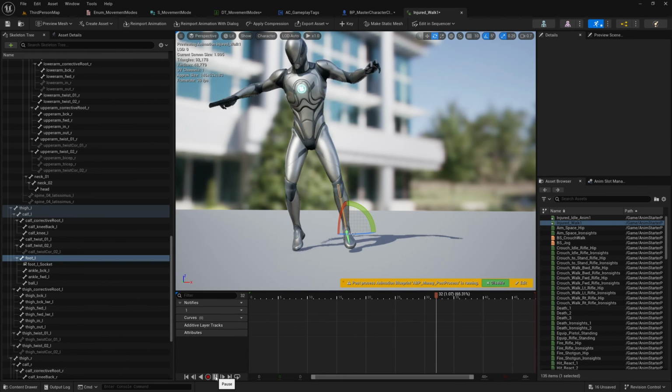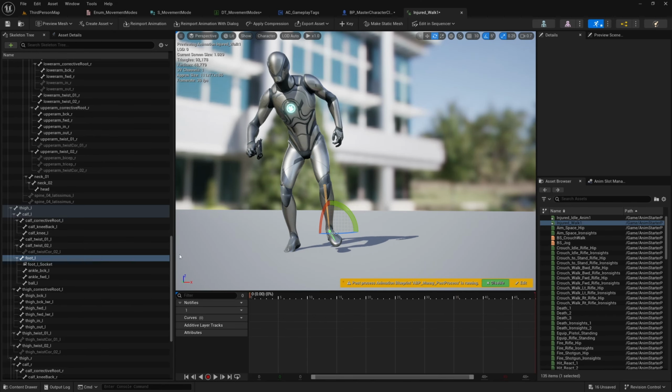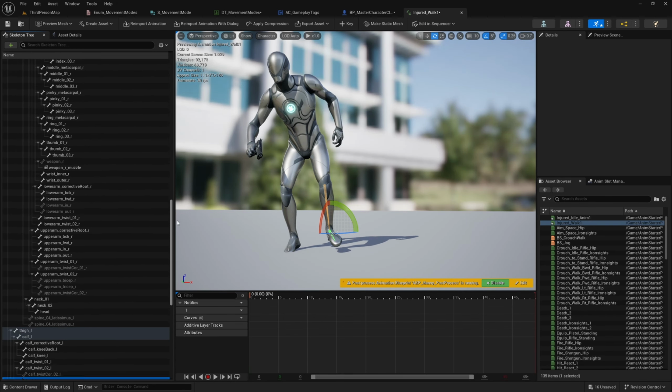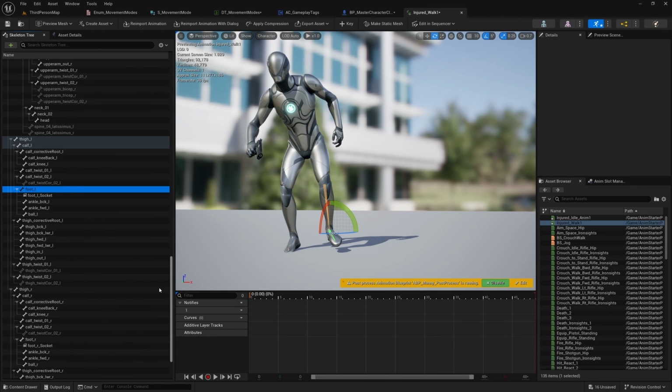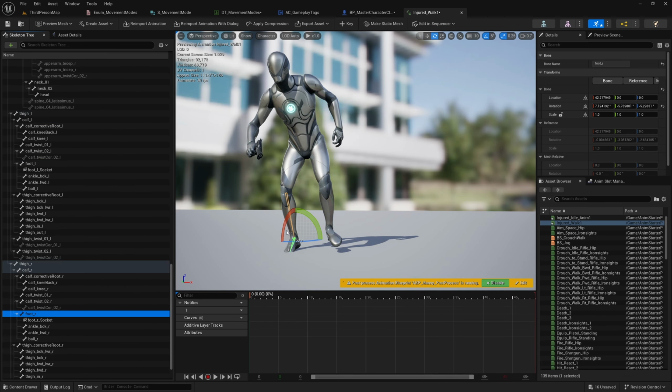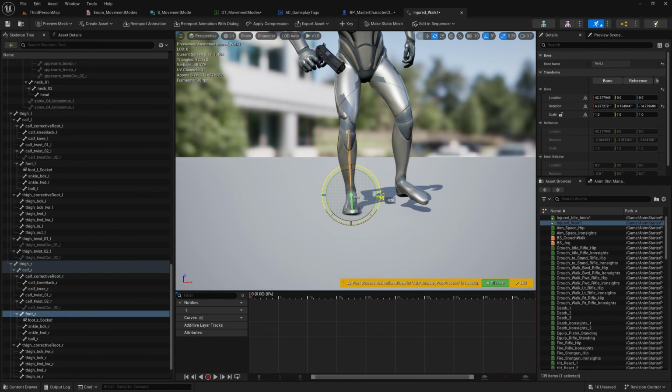Let's have a look at this animation. Yeah, pretty much the same issues with the feet here, and this is a very hacky way of making it look a little bit better. But once again, I'll find the right foot, and I'll bring it up, and angle it this way, keyframe that,